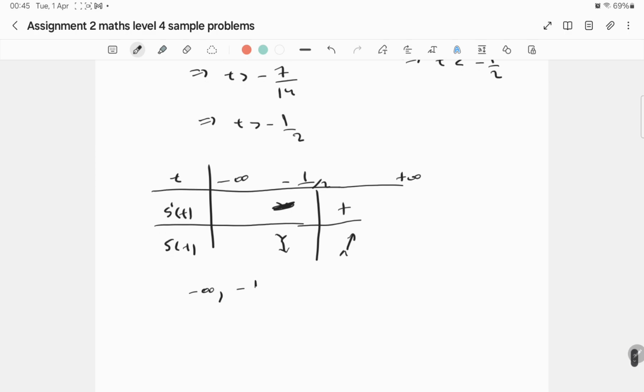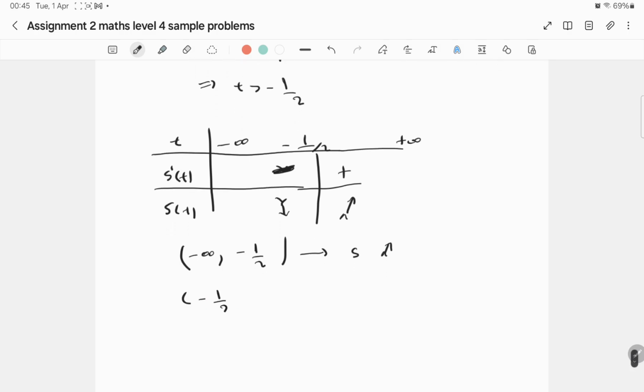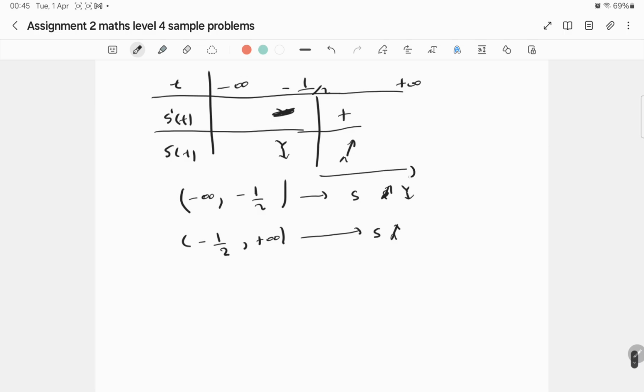From minus infinity to minus a half the function s is decreasing, sorry, and from minus a half to infinity the function s is increasing, and you have a local minimum at minus a half, s of minus a half,